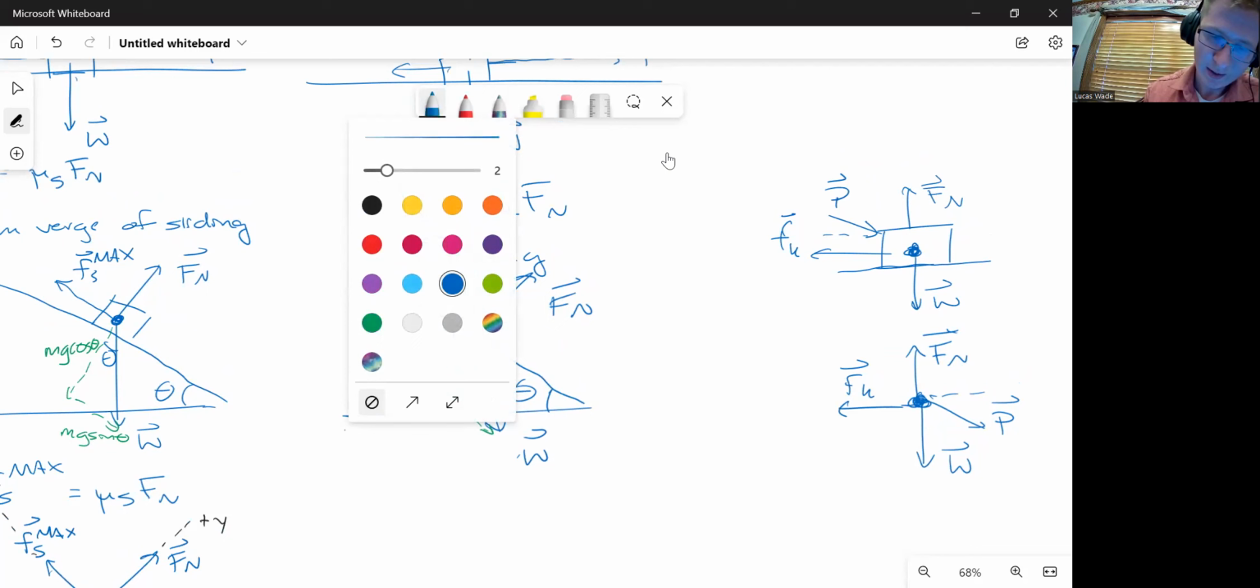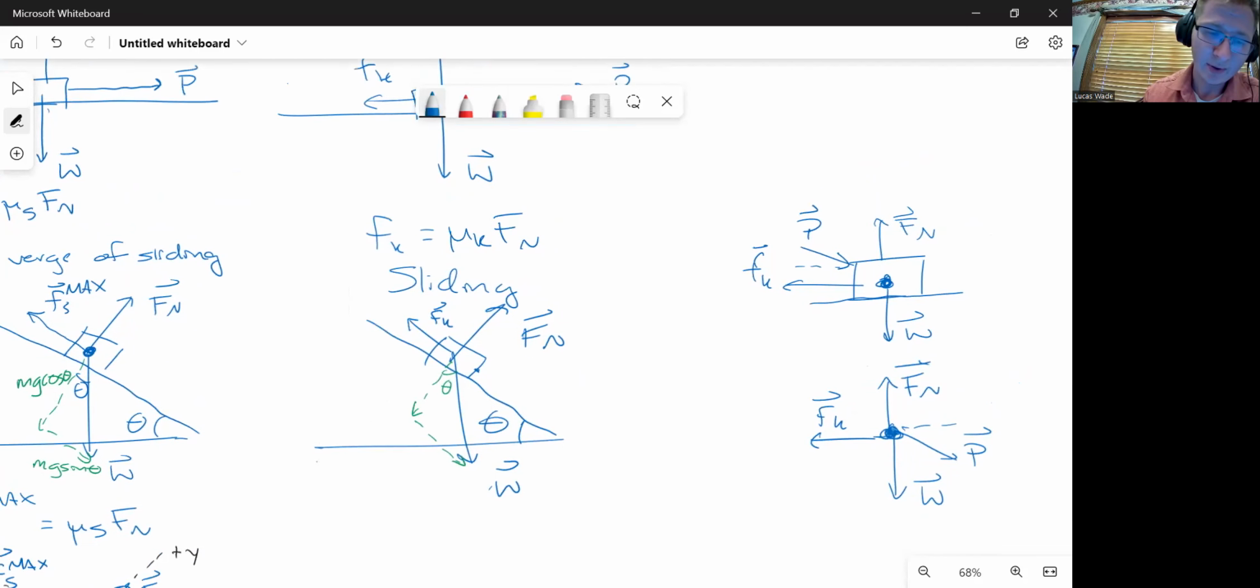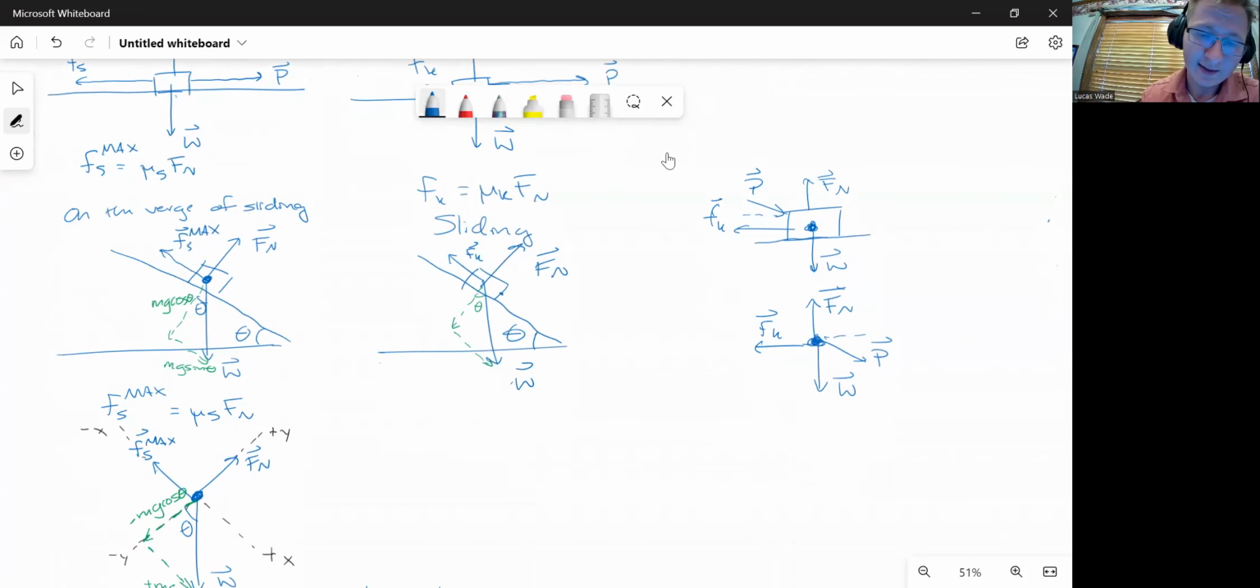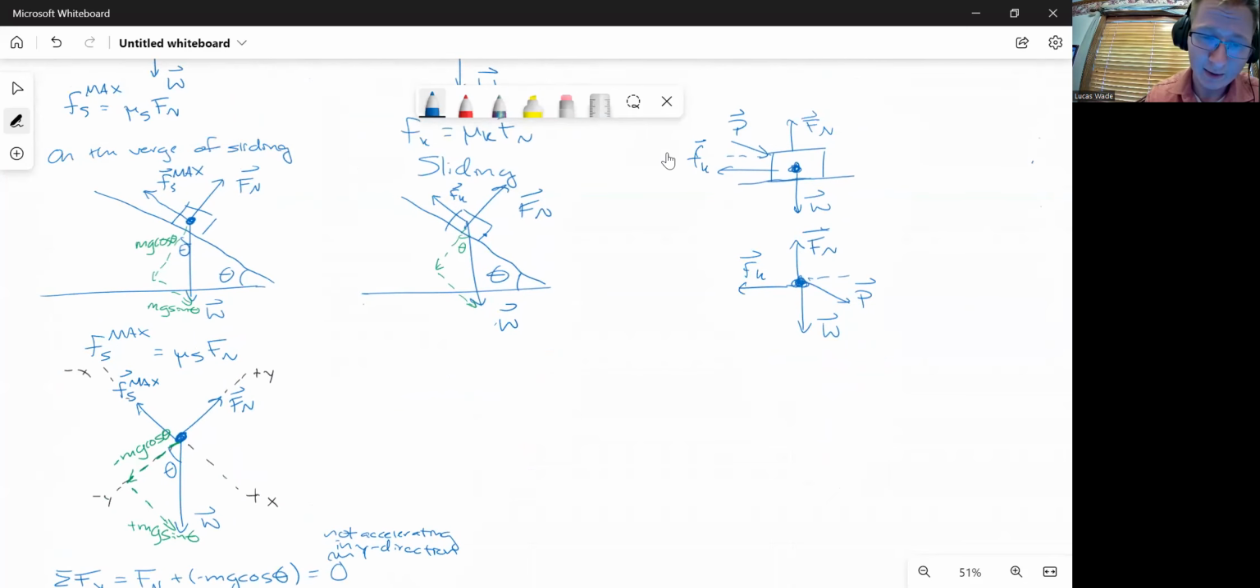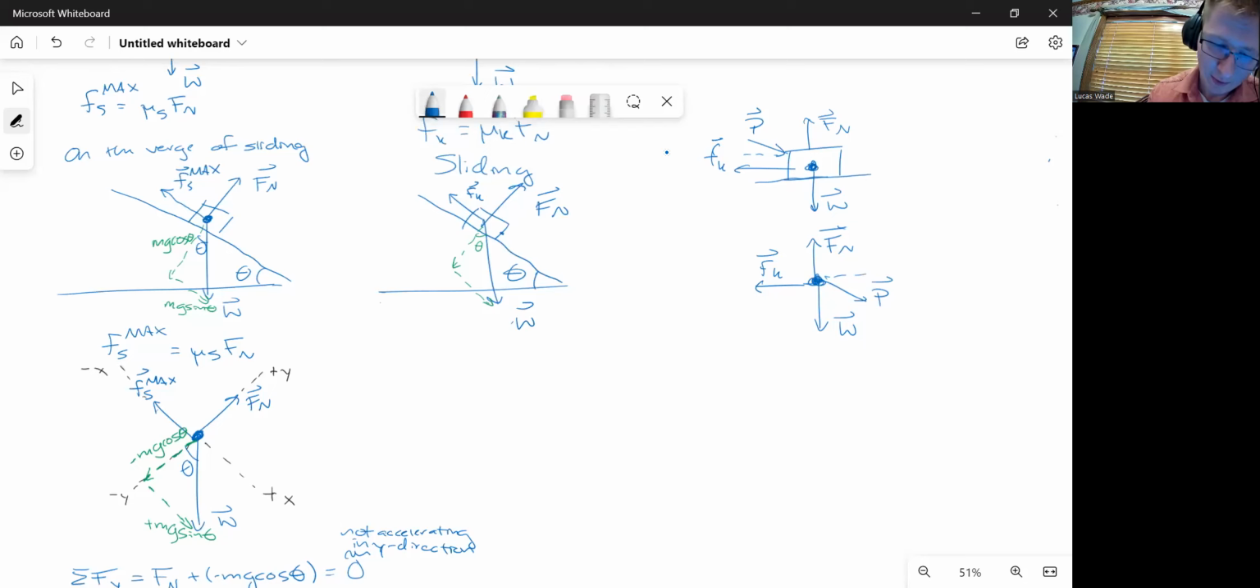Okay. So if it's sliding down the ramp, we have really two cases here. It could be sliding at a constant velocity or accelerating down the ramp. And that determines whether we set these net forces down here to 0 or to ma. So if sliding at constant velocity down the ramp,